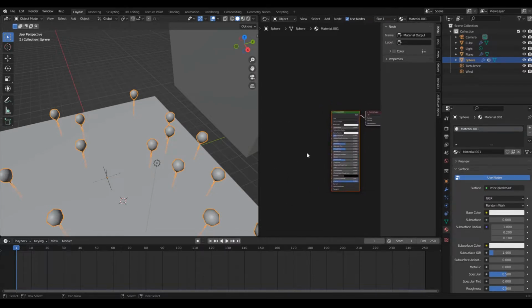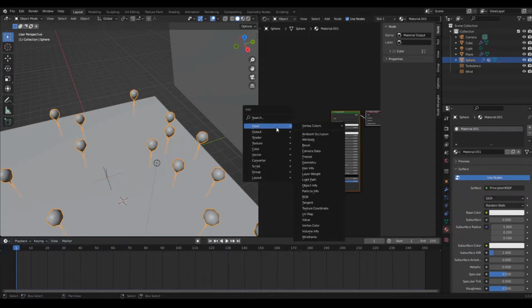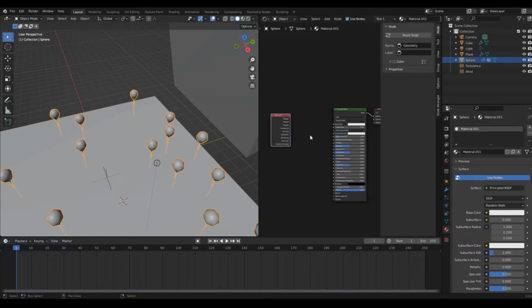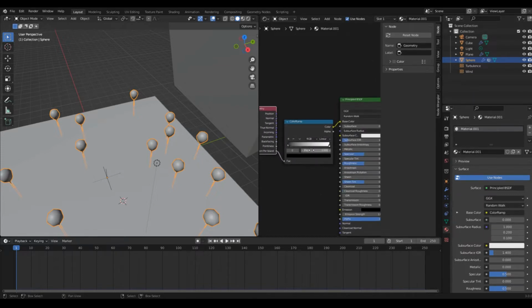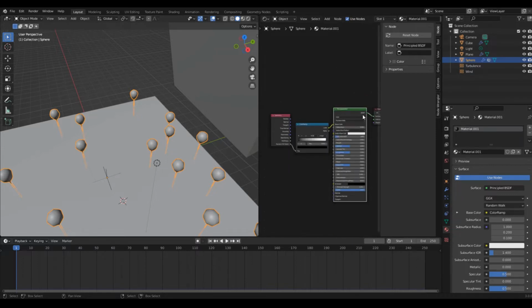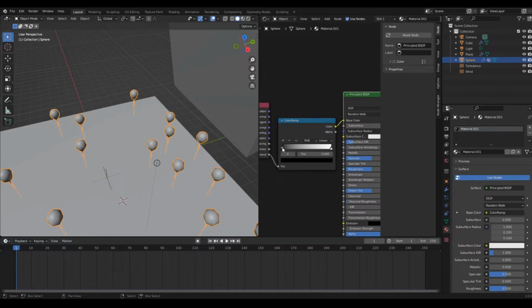But basically for Cycles, you can go into your input. You want to go into geometry, and then you want to go to converter. You want to go color ramp. You plug that into your base color, and you take random per island, and you put that into your factor, and then you just choose your colors here. So black, you can choose maybe red, green,